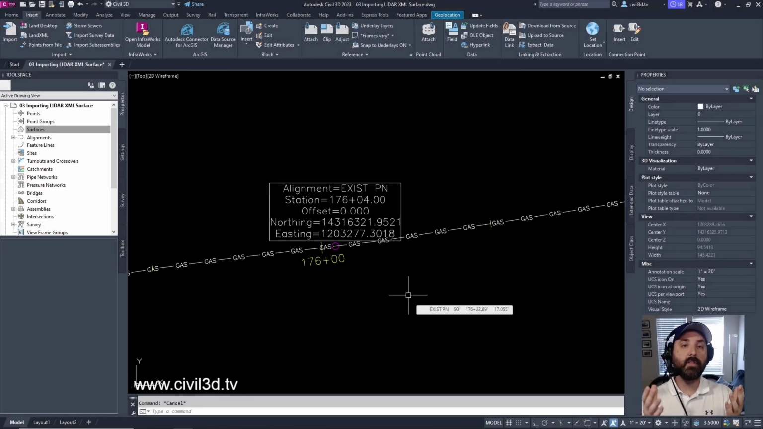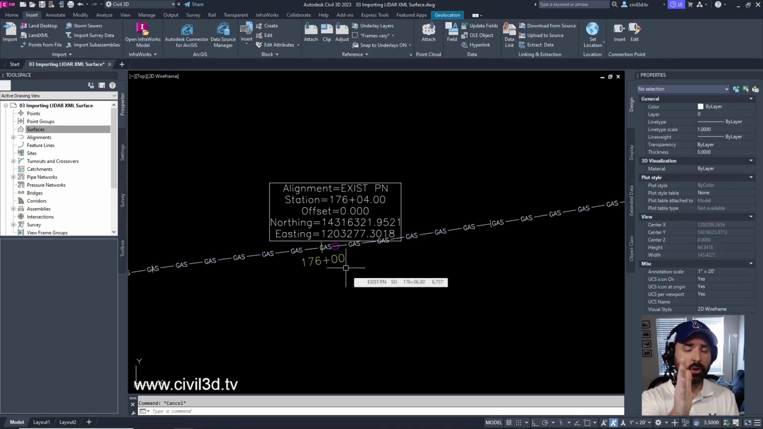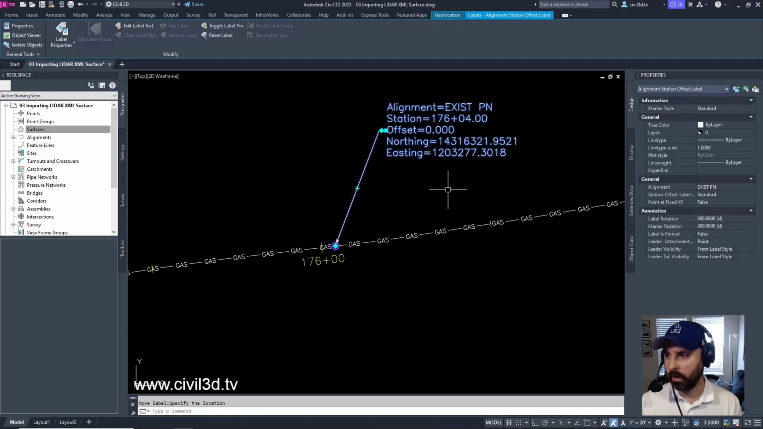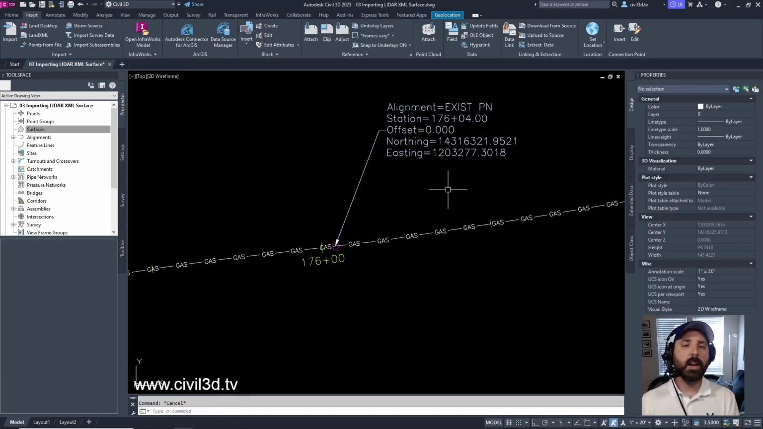Alright, so now we have our existing pipeline alignment, as you can see here, and we've configured our stationing so that we're right on track with our project. We've also brought in some labels here to show exactly where we're at with our existing pipeline. But now we actually need to bring in some existing surface information so that we can generate our existing profiles. We'll go about doing that by importing a LiDAR XML surface. Now a LiDAR XML surface is kind of a clean version of being able to bring in the surface data